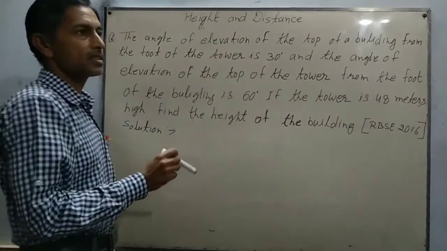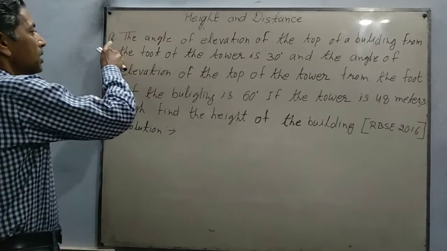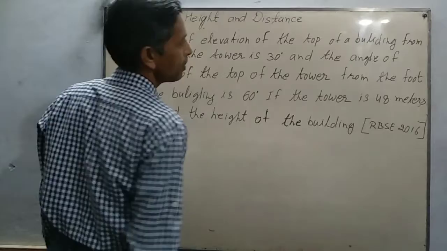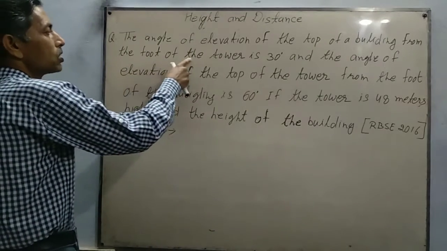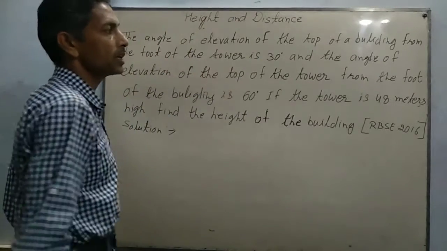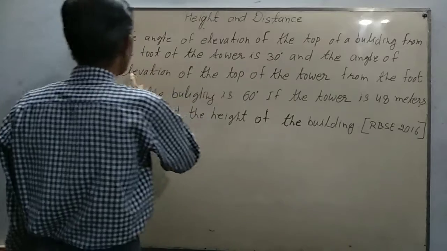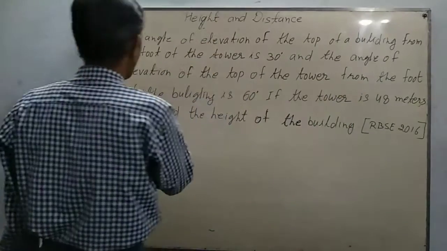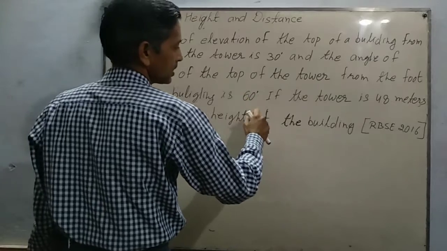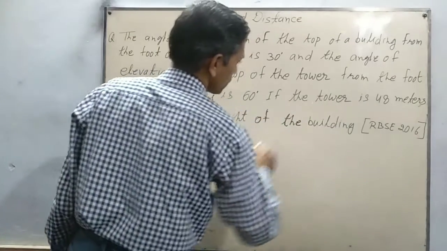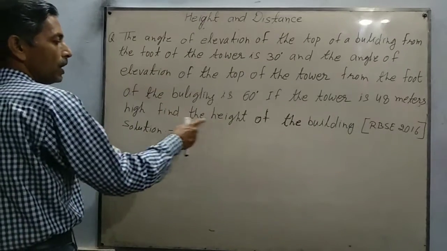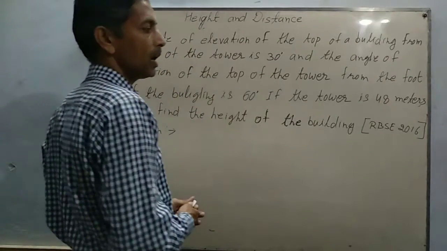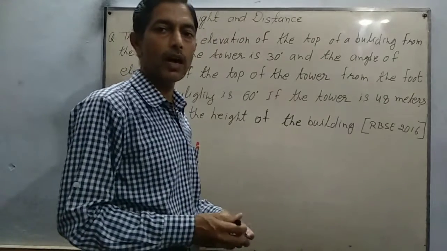हाइट एंड डिस्टेंस इस पर आधारित अब अगला क्वेश्चन। The angle of elevation of the top of the building from the foot of the tower is 30 degree and the angle of elevation of the top of the tower from the foot of the building is 60 degree. If the tower is 48 meter high, find the height of the building. ये क्वेश्चन अपने आरबीएससी 2016 में आया हुआ है।